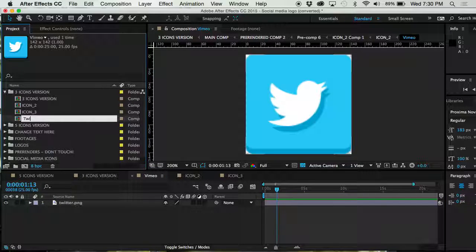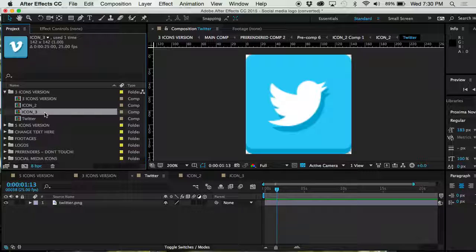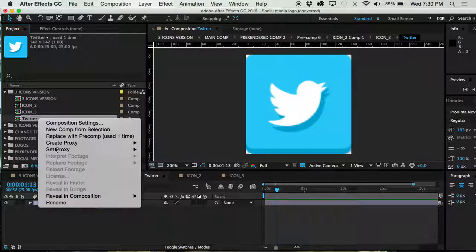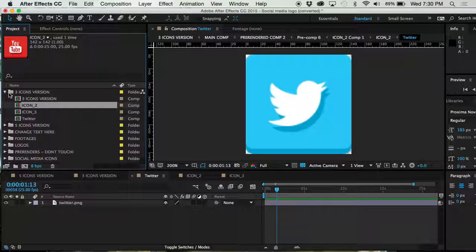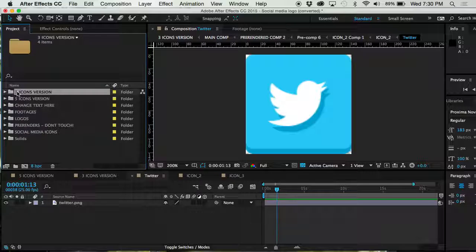Twitter. And so on. Okay. So that's if I right click, rename, and then I can rename the icons. Now, what most templates will have, you'll also see, is they'll have a main render, or sometimes it